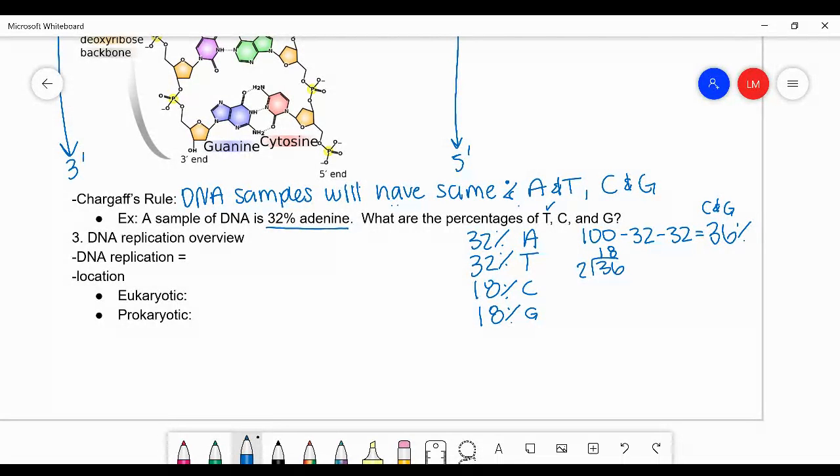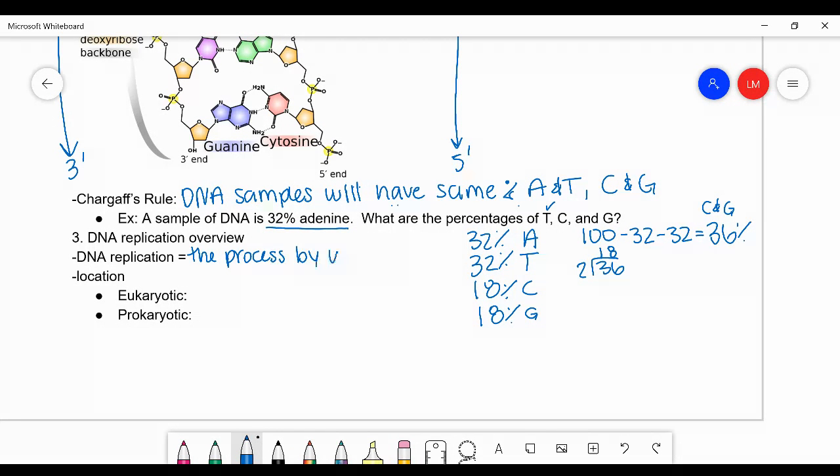That is all we need to know for now about the structure and function of DNA. What we need to move on to next is DNA replication, which describes how DNA is able to make a copy of itself. Because when cells are getting ready to divide, we want to make sure every single cell has all of the same DNA in it. We don't want to have less or only half or something. Maybe as your body is making more skin cells, for example, every skin cell needs to have the same DNA. And so DNA replication is the process